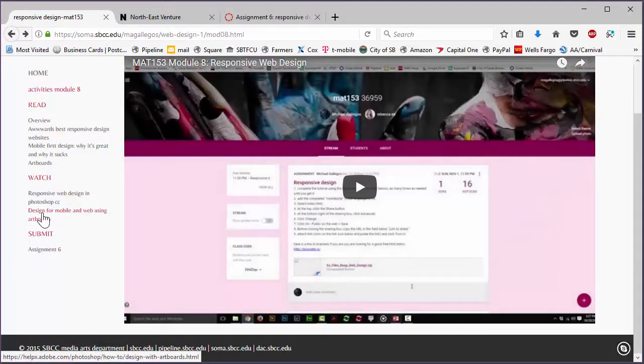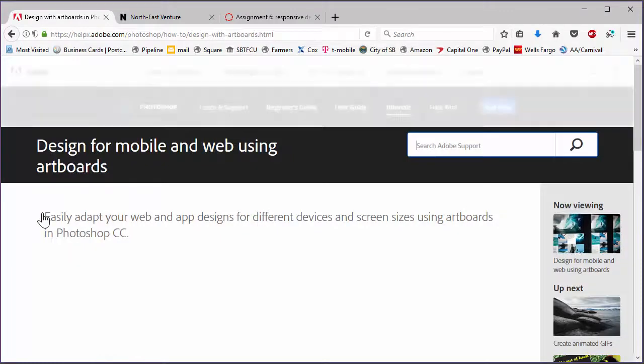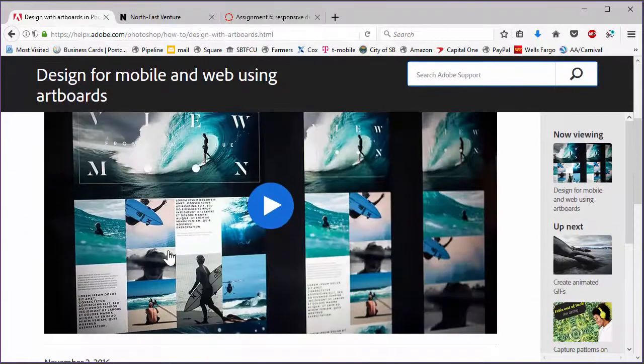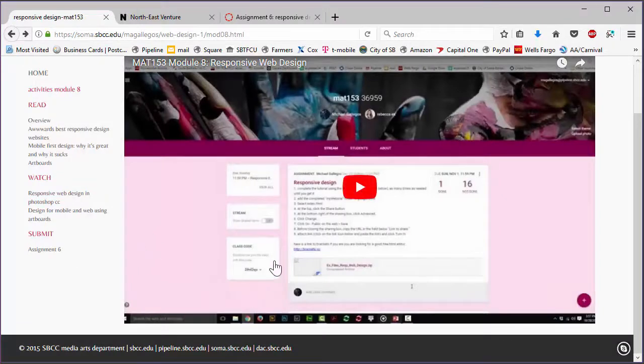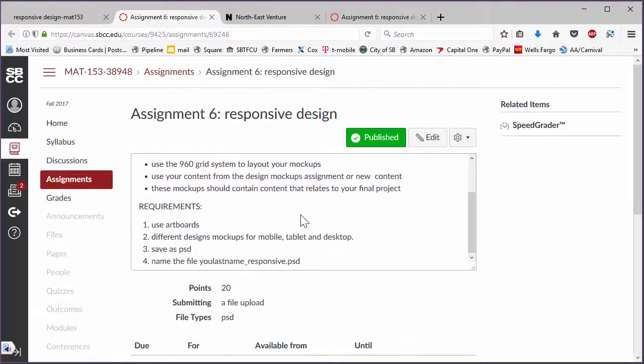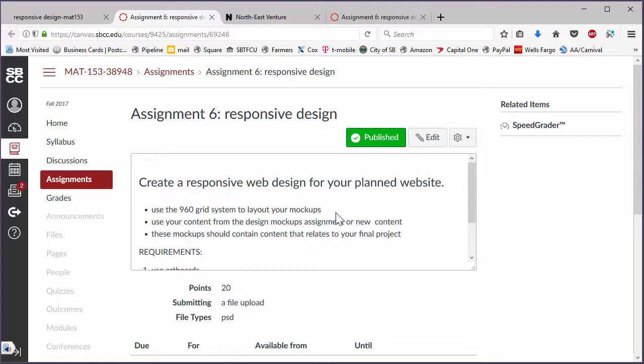I've also added another tutorial here for you to look at from Adobe, which is a little different than the one that I've created. And then once you've completed all of that, you're going to submit the responsive design that you created in Photoshop